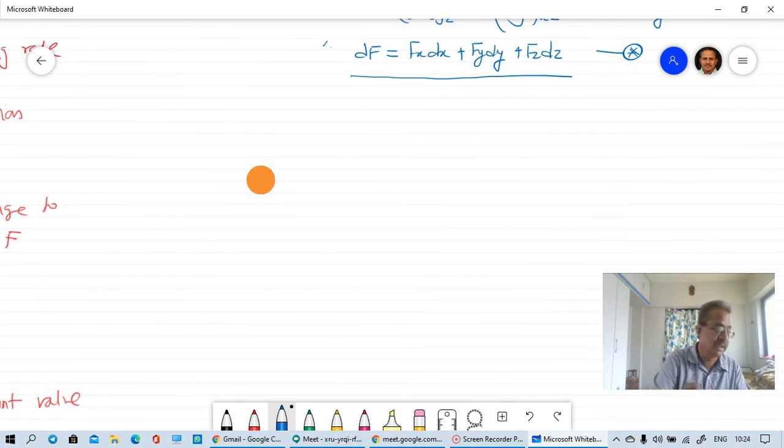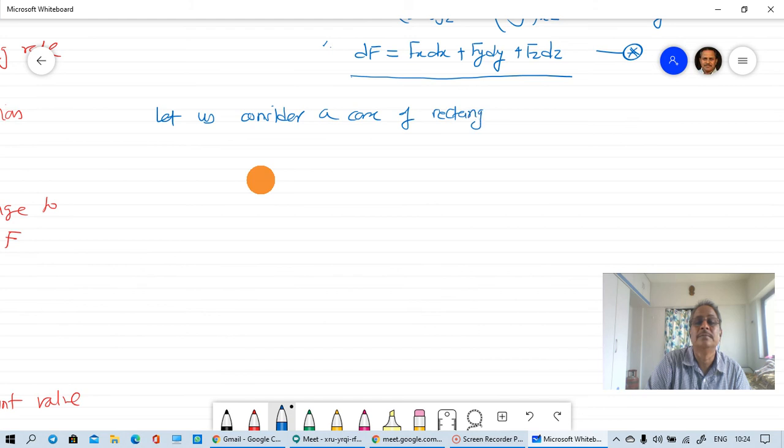There is one numerical example we can get from our textbook. So let us consider a case of a rectangle. The function for its area of rectangle, capital F,